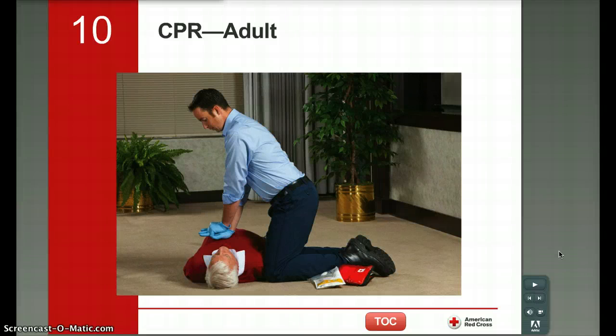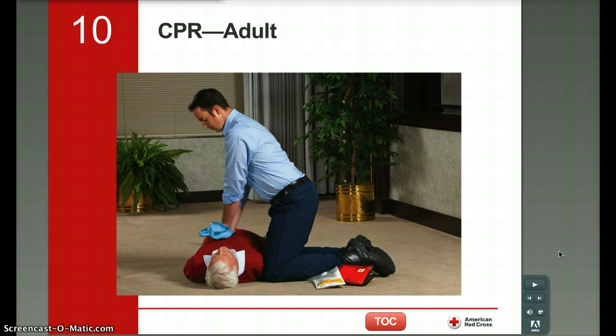Okay, in this screencast, we're going to begin talking about CPR for the adult and the child. It's the same for both. The only thing that really changes is maybe the depth of the compressions on a child versus an adult. But based on the requirements that you need to know, we're going to talk more so about the adult, but we're going to talk a little bit about the child when we watch the video on how to actually perform